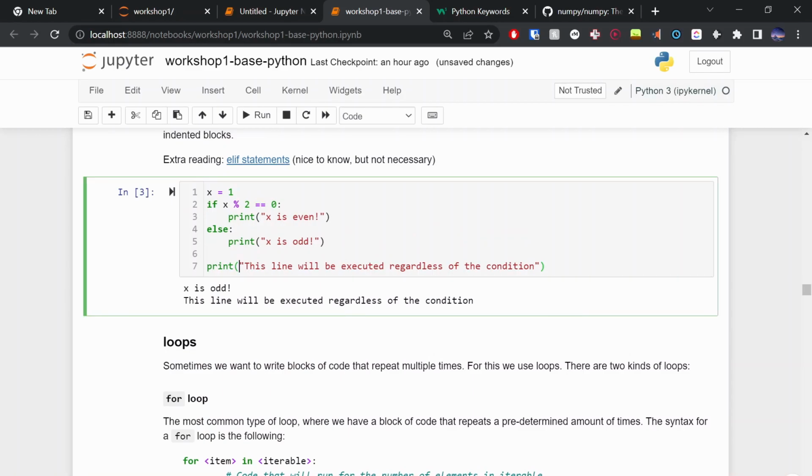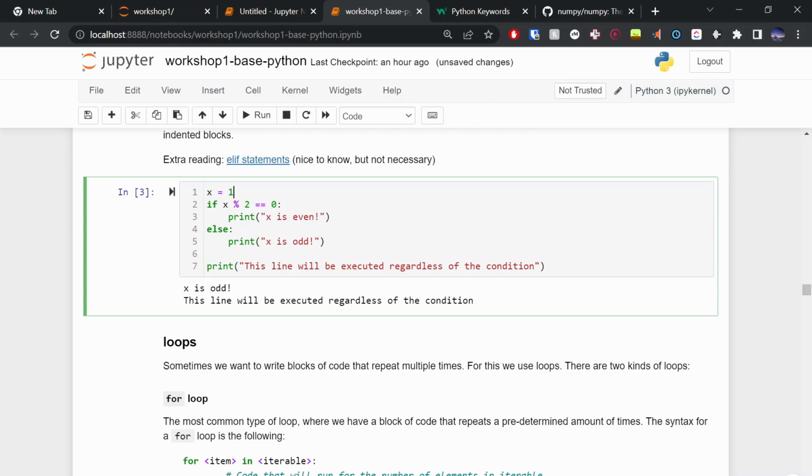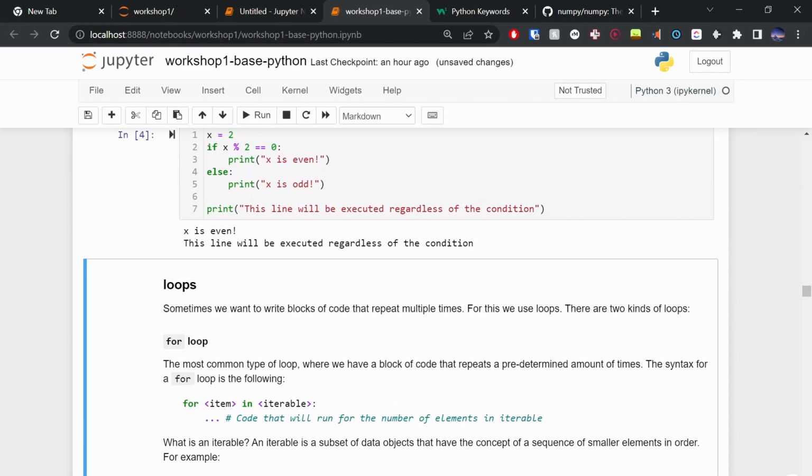Also, just a quick note as well. If you want to quickly comment out a line, say you have a block of code that you don't want to execute, what you can do is highlight all of it, Control /, which is the question mark key, and that comments out all your code. Pretty handy, means that you don't have to go through and add hashtags at the beginning of all your code. Very nice. And of course, we can change this number up here, and that actually changes what is printed out,